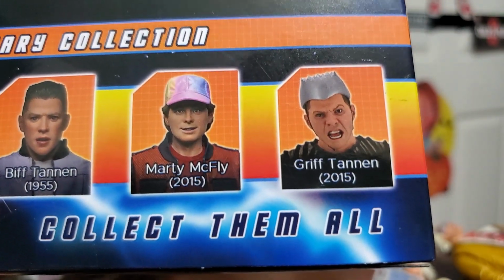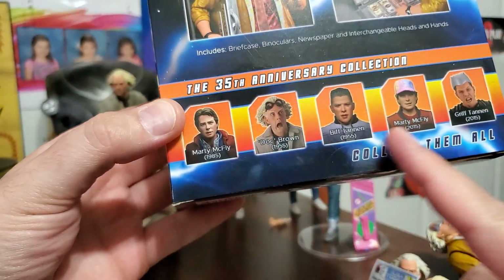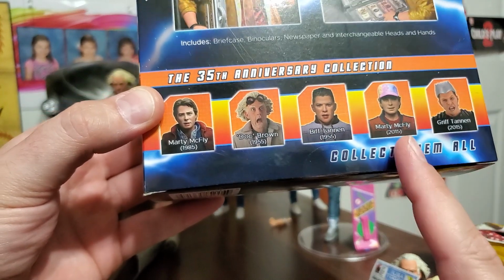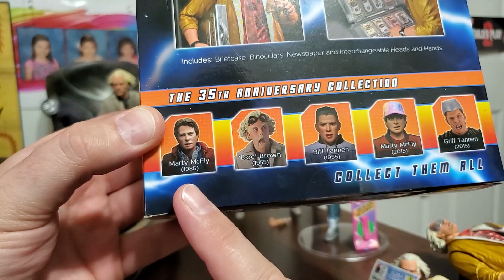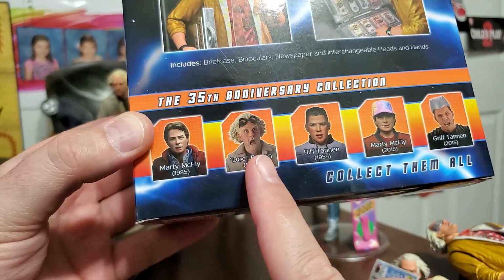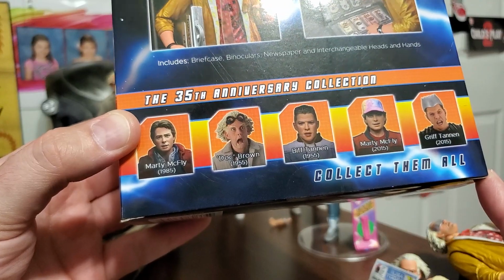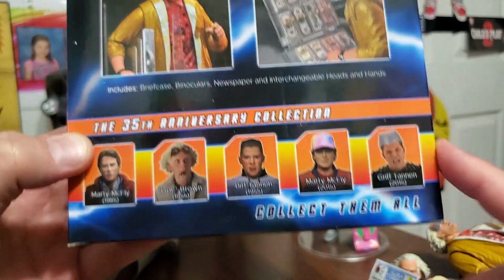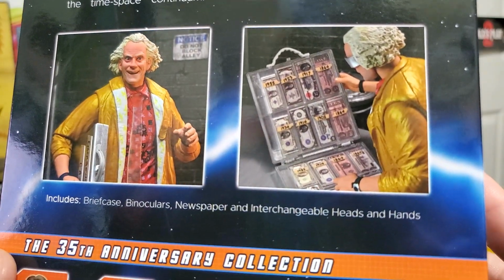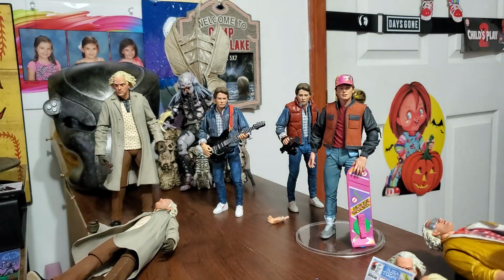So this is the next Back to the Future figure that's coming out. So this is a good set so far. The ones not on this would have to be, I think, the spacesuit one, and that's probably it, right? Because they got 2 Martys, they got 2 Docs now, the old Biff, and then the Griff. So, yeah. So that's the back of the box. Yeah, it looks like that has the same thing too with the money. But anyhow,